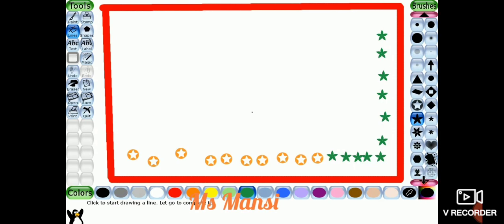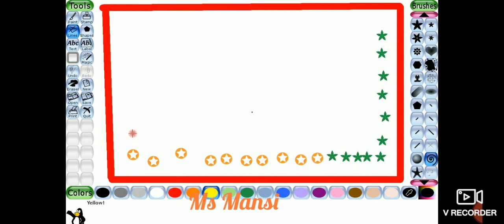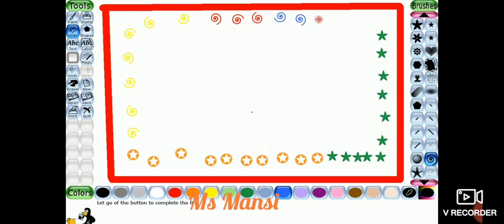Now choose any of the other shape of the pattern. Then select any of the color from the color palette. See, these are the patterns. Choose any other color. See, these are the patterns. You can draw this from the line tool. These are the ready-made patterns got in this.